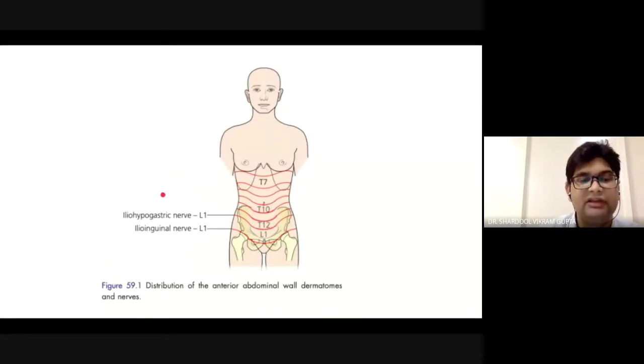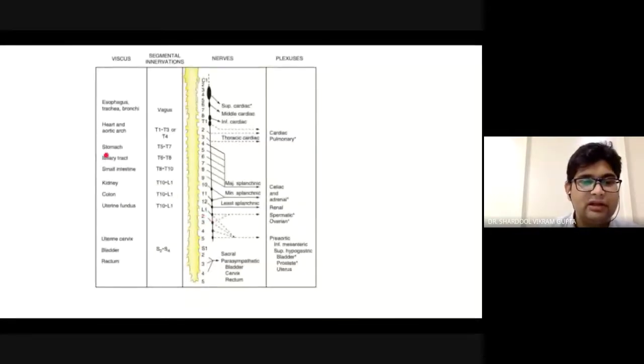If there is appendiceal pain due to distension, visceral pain cannot be clearly depicted, and it is sometimes referred to a similar dermatomal supply. So this is the similar thing, like the stomach gets segmental supply from T7 to T9. So if there is a visceral pain on this structure, not acute inflammatory pain or pain involving the parietal peritoneum, if just a visceral pain, then the manifestation will be on the dermatomal supply of T5 to T7. And similarly, small intestine and colon T10 to L1, the appendix is supplied by T10.